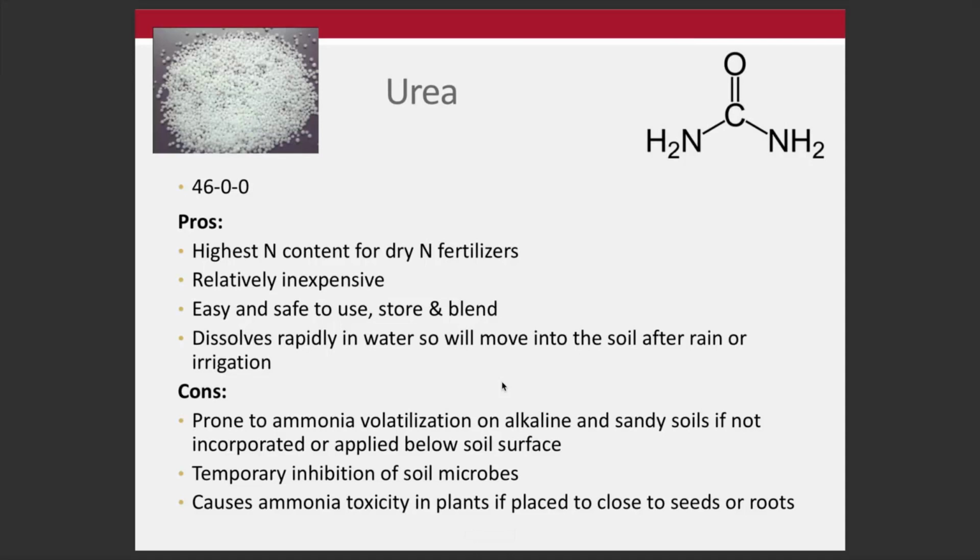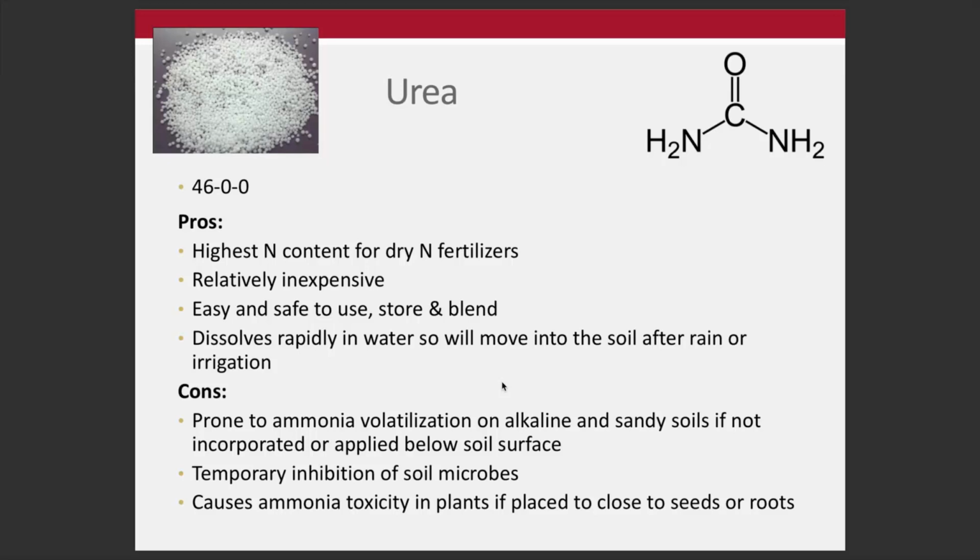Okay, so urea, 46-0-0. This is actually a granular fertilizer. It's typically a prilled fertilizer. It has the highest nitrogen content for a dry fertilizer. It's relatively inexpensive, and it's easy and safe to use, to store, and to blend. We can dissolve it rapidly in water. There are no issues doing that if we want to move it through irrigation or mix it with other